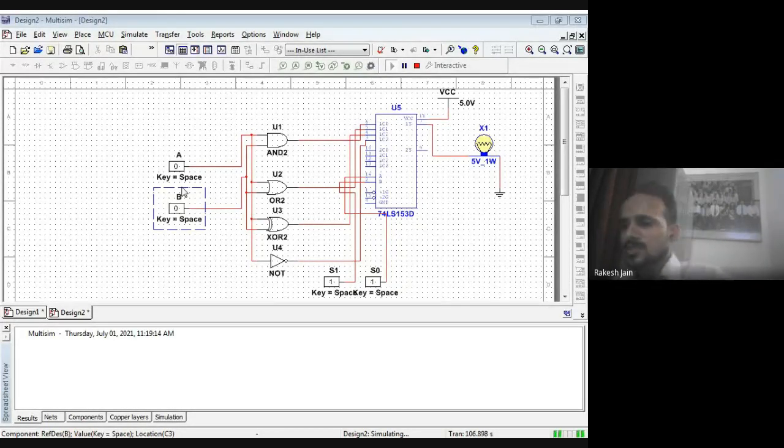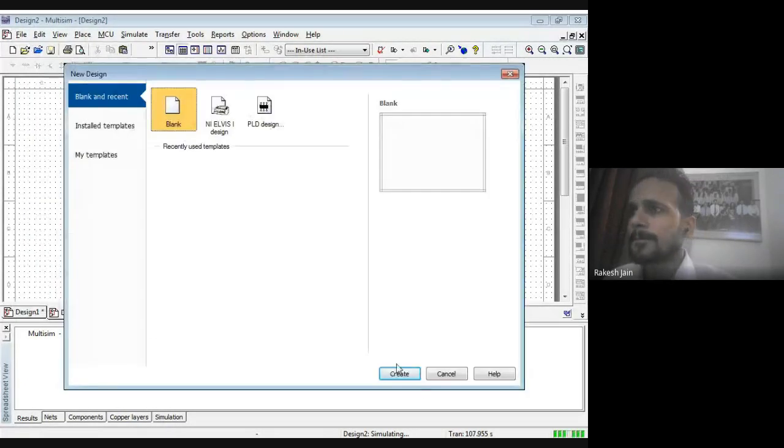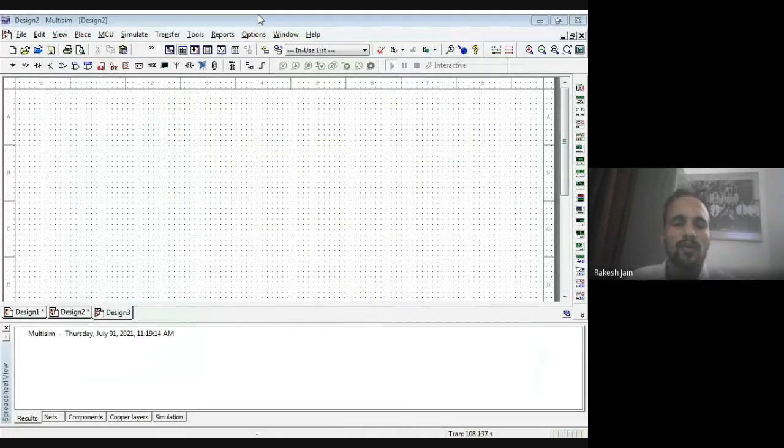So I just remove this thing. Okay. And I open a new file. Now see, let's suppose I want to check the output waveform of a full-wave center-tap rectifier. You understand? It is continuous, with nothing on the negative side. AC consists of positive and negative halves, but the full-wave rectifier consists only of continuous positive peaks. So I want to check it.